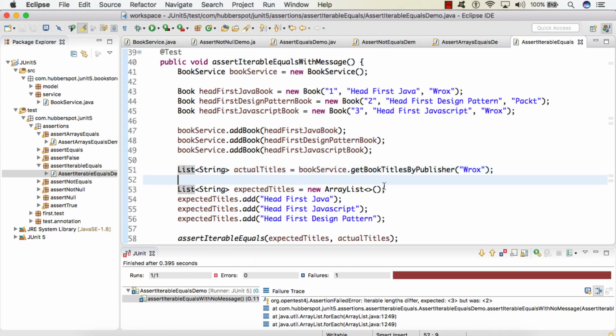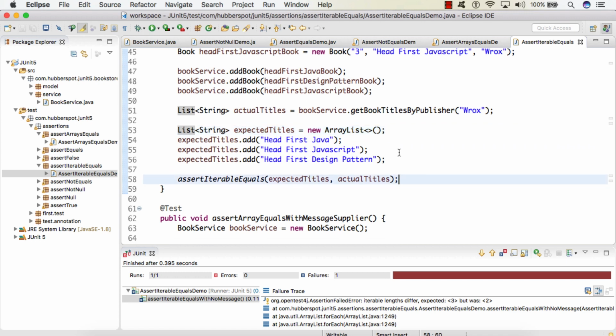The scenario is exactly the same. The only difference in the second assertIterableEquals method is it takes in a string message which we want to print in the JUnit console whenever our test case fails.